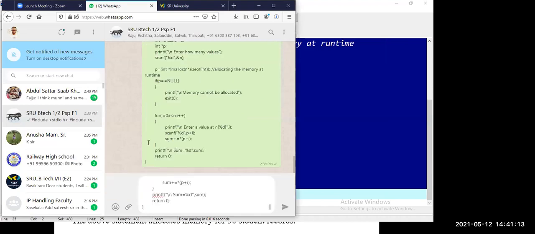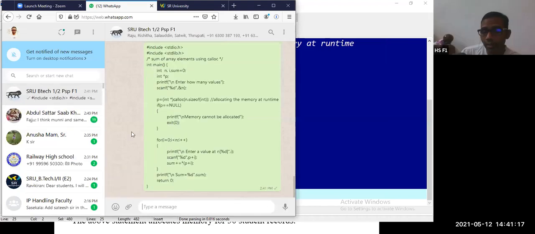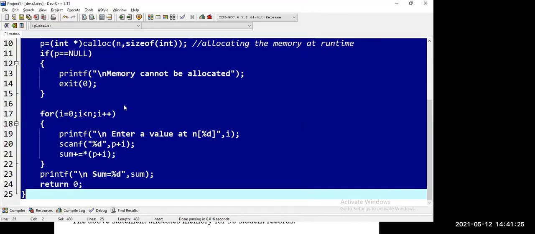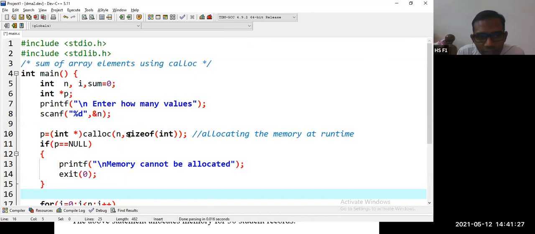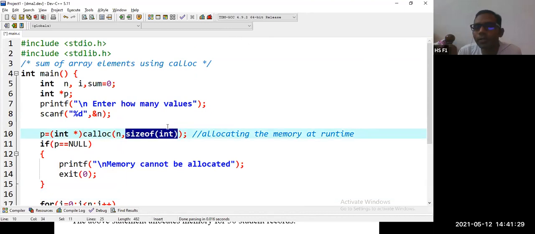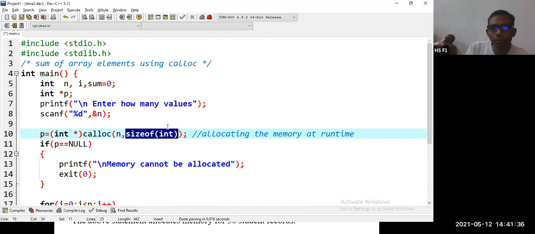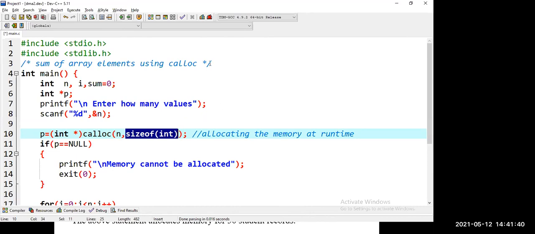Sir, it just creates blocks, no, sir? Creates blocks. Yeah, different blocks. As per block theory, not of a single block. How much size? What is the size of each block, sir? Size is fixed. Size of integer, 4 bytes. Each block is of 4 bytes in this example. Okay. Good question.